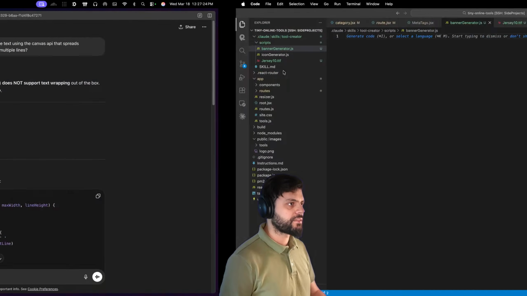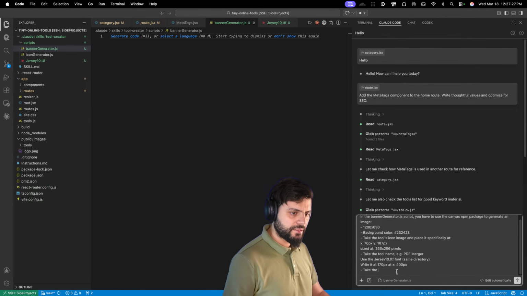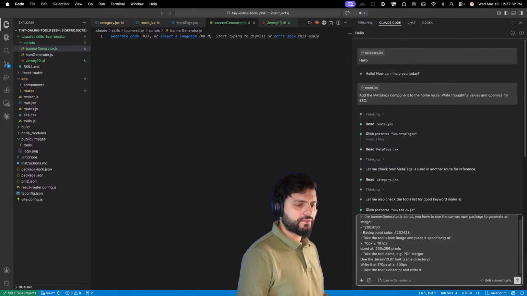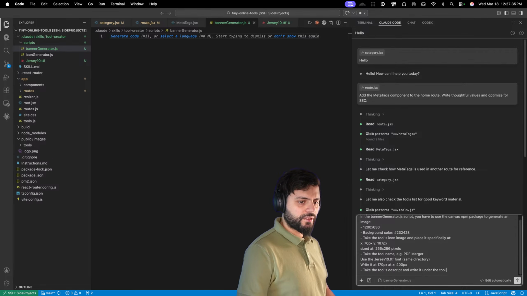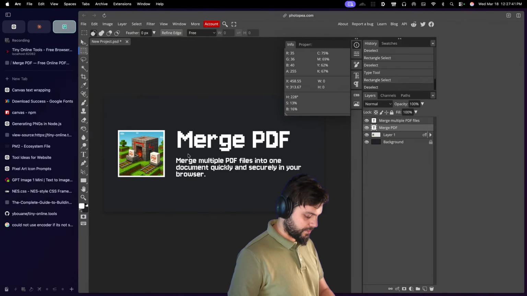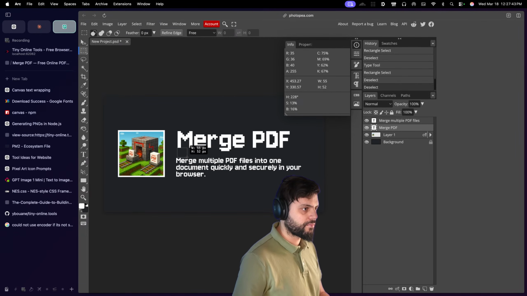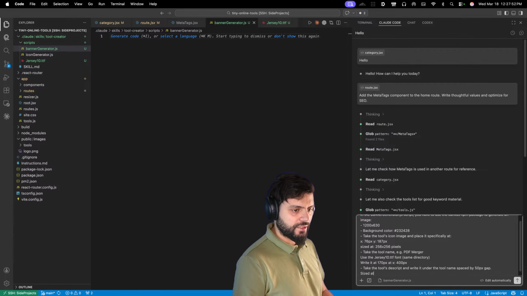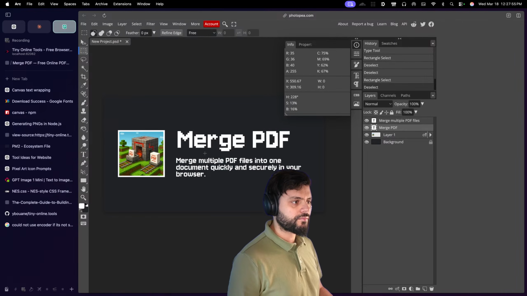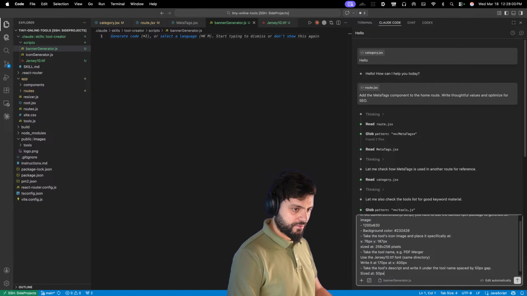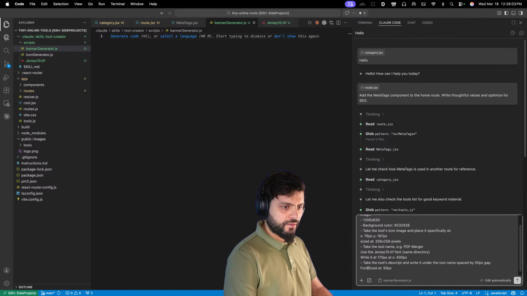All right, let's just go back here. Take the tools description and write it under the tool name, spaced by, let's say, 50 pixels gap, sized at 50 pixels, font size